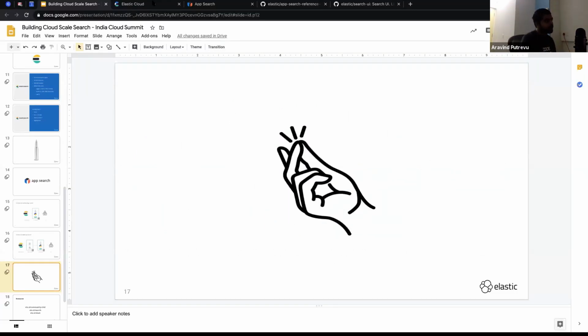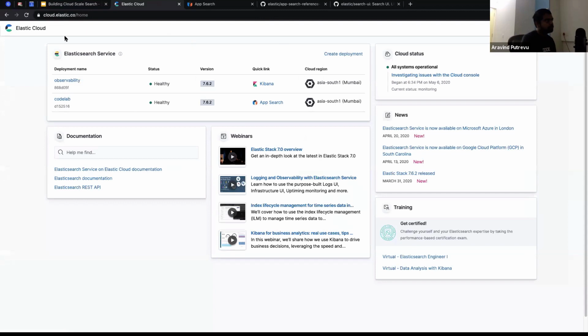I'm choosing Elastic Cloud to run this infrastructure at this point in time, but you could also download App Search and run it in your private data center if you want to. In the interest of time, I also have a spun-up instance already, but I'll show you one.